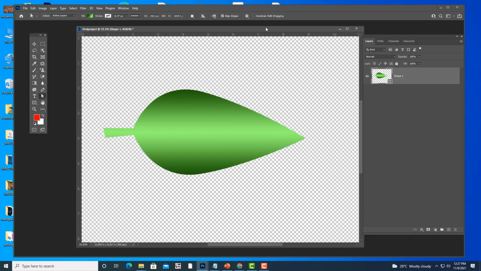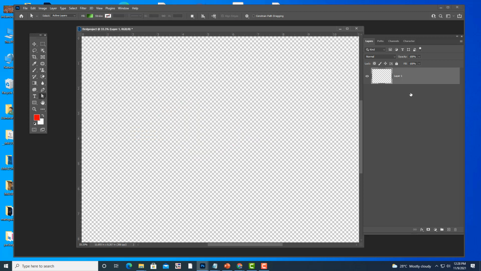And even for 3D animation, Maya and 3ds Max students, even for them there is a tool called the Bezier tool. Bezier is equivalent to the pen tool of Photoshop. So that is why all of you should understand this pen tool. Okay, right. So let us now draw a little bit complicated shape.